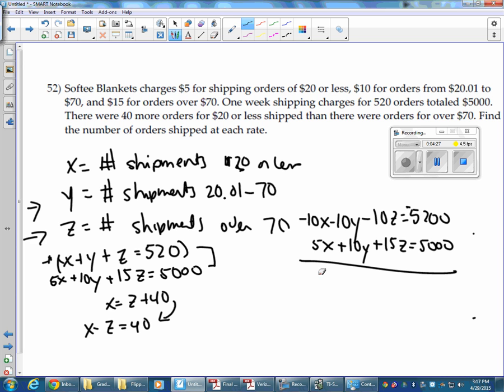Add them together. You get negative 5x, this cancels, plus 5z equals negative 200. So I'm going to use this equation and this equation. I'm going to multiply this equation times 5 before I move it over here, because then it'll be set up to cancel. So that would be,